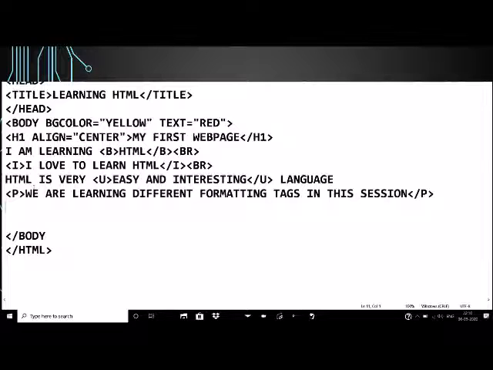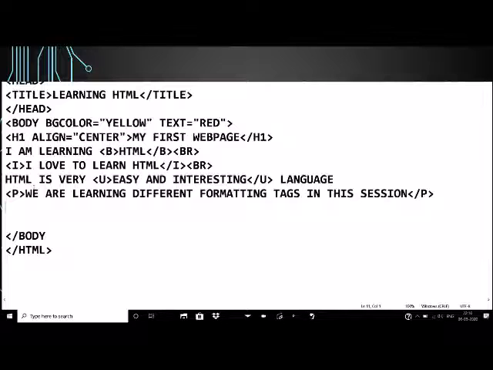Suppose I want to write H2O, the formula for water. In that formula or in any chemical equation, the numbers that appear below the baseline in a smaller font, for such kind of effect we can use the sub tag.